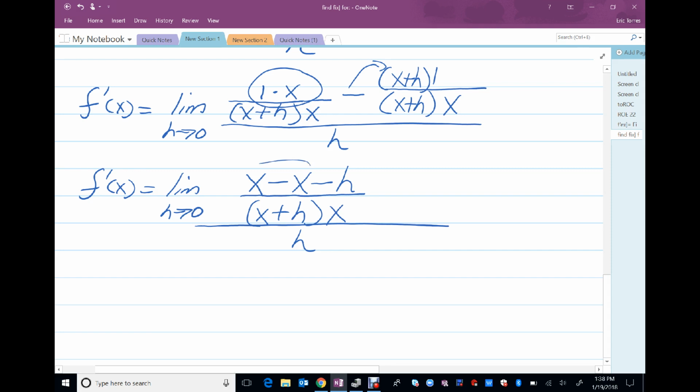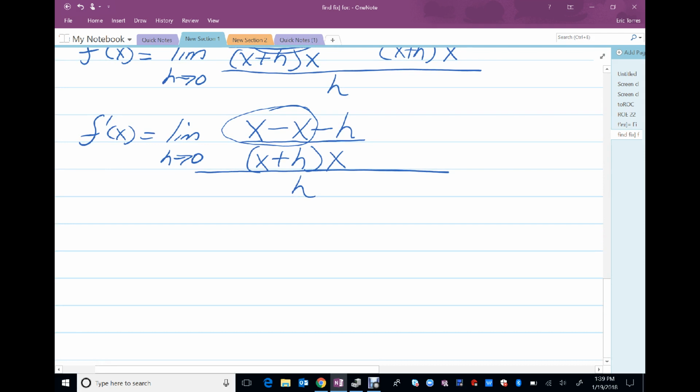Notice I have a positive and negative x. They eliminate each other. So one thing I'm going to do is represent that elimination. Giving me negative h